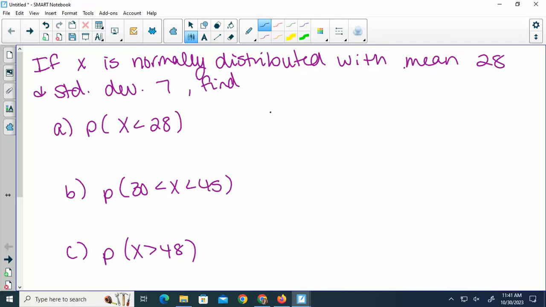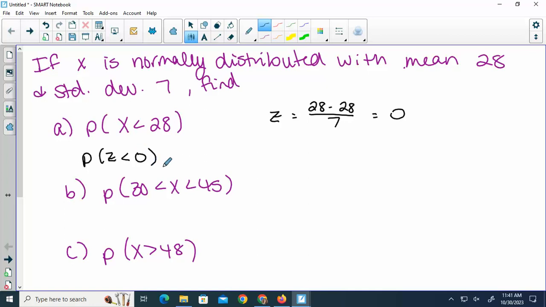It tells you your z-score is x minus mu divided by sigma. So my z would be my x, which is 28, minus the mean, which was 28, divided by the standard deviation. So what's your z? So we are needing to find the probability that z